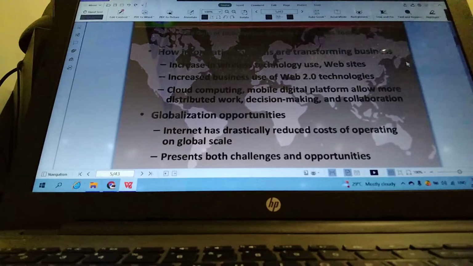The only difference is during the exam, you have to write it down in that particular online MS Word before you upload it back into Moodle. So with that, let me move on with the very first slide, looking at the role of information systems in business today, generally, and how information systems are transforming today's business.